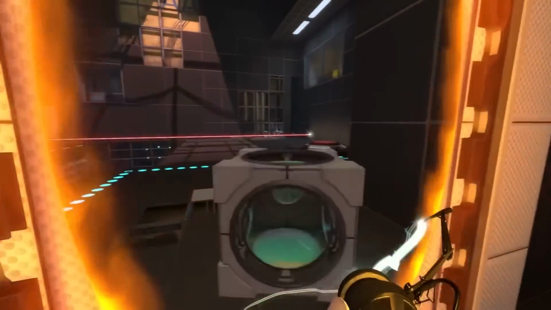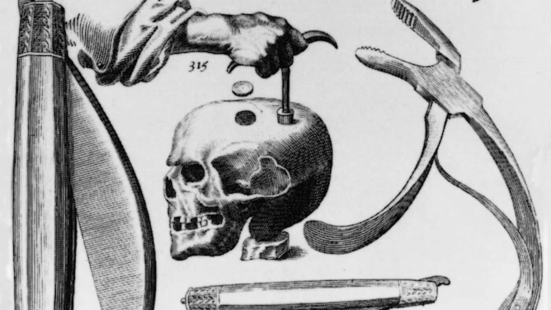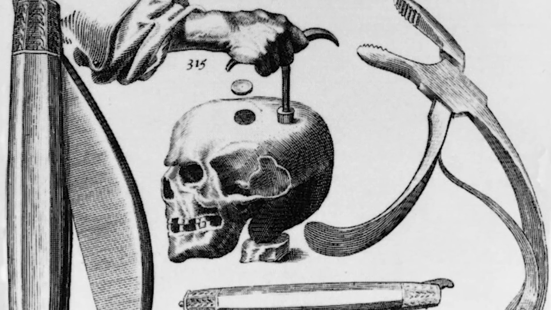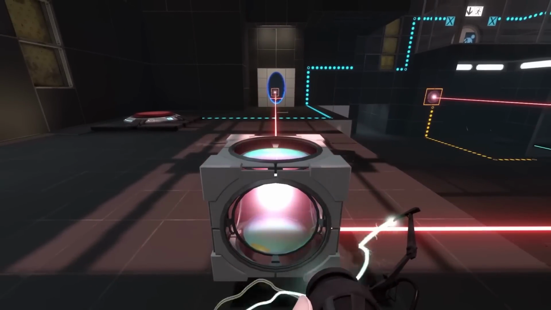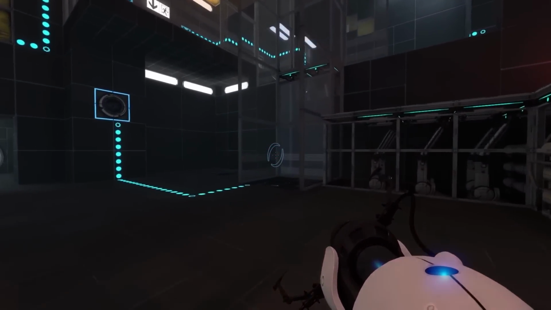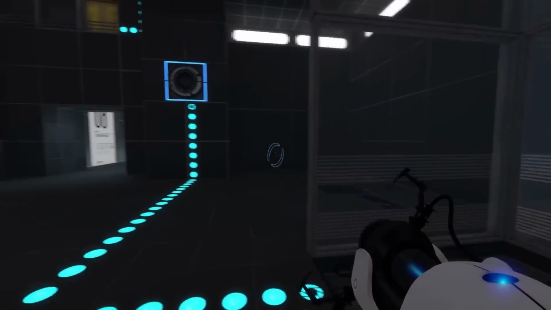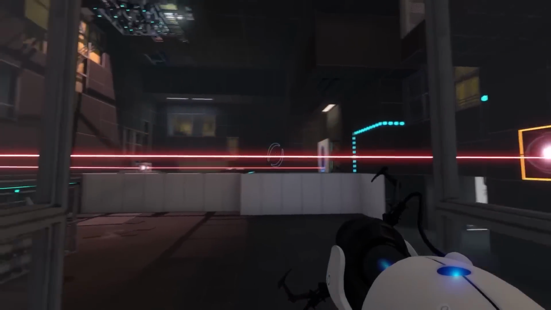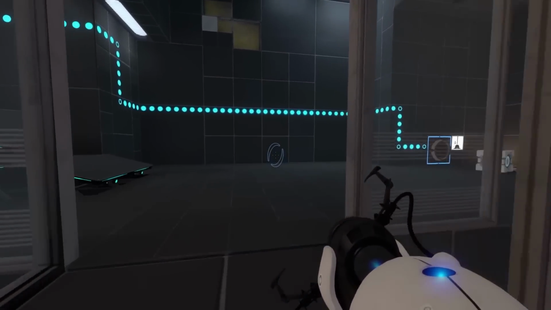Trepanation. Trepanation is an ancient medical procedure that involves drilling or scraping a hole into the human skull. Now, historically, it was believed to treat various conditions like headaches, mental disorders, and to release evil spirits. In modern times, though, it's considered dangerous and it's not a standard medical procedure, though it remains a topic of